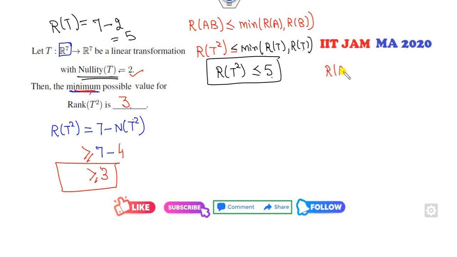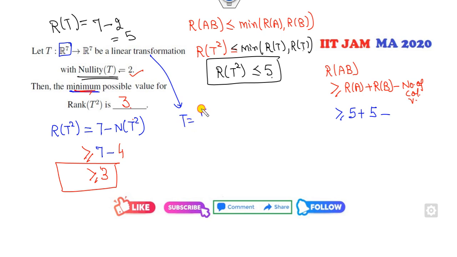What is the second? We all know the rank of AB is greater than or equal to rank of A plus rank of B minus the number of column vectors. The rank of A is 5, the rank of B is 5. If you construct the matrix here, what is the number of columns? The dimension is 7, so the number of columns is 7. So you can see 5 plus 5 minus